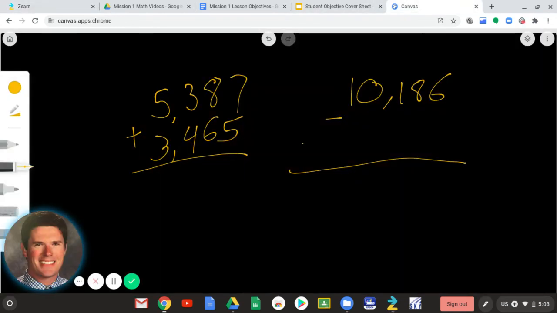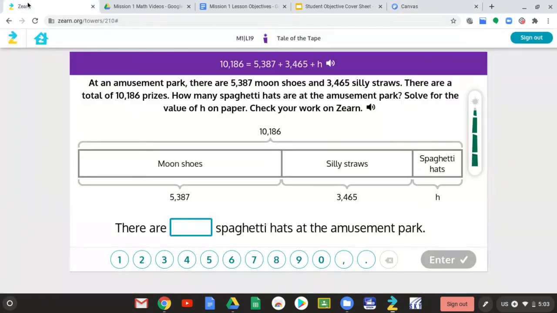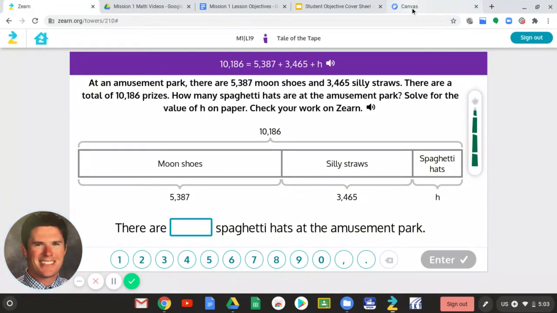So I'm going to add those 2. 7 plus 5 is 12. Carry the 1. 8 plus 6 is 14. Plus that 1 I carried is 15. Carry the 1. 3 plus 4 is 7. Plus the 1 I carried is 8. Drop my comma. 5 plus 3 is 8. 8,852. Now, is that my answer? No, because I'm still trying to figure out the spaghetti hats. And so I know those two combined are 8,852, and I know my total, so I have to subtract